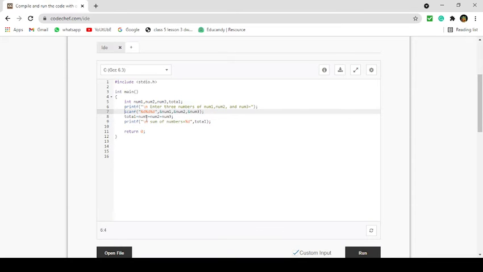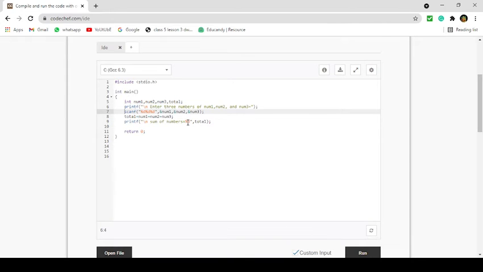And total = num1 + num2 + num3; you have to use. Then printf for showing the output. Which line you want to show as it is, that line should be written in double quotes, like \n sum of numbers is equal to %d.